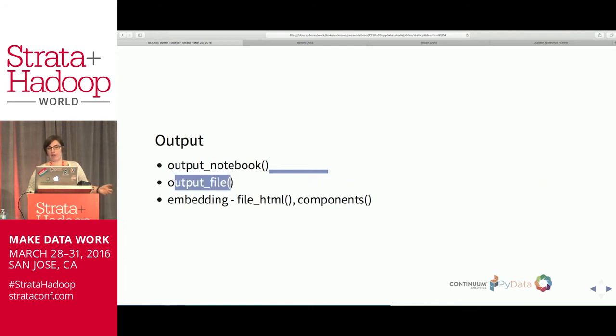Output File, perhaps unsurprisingly, spits your plots out into a standalone web page, which you can share with people. There are also more advanced embedding functions, which let you embed different bokeh plots in a whole full